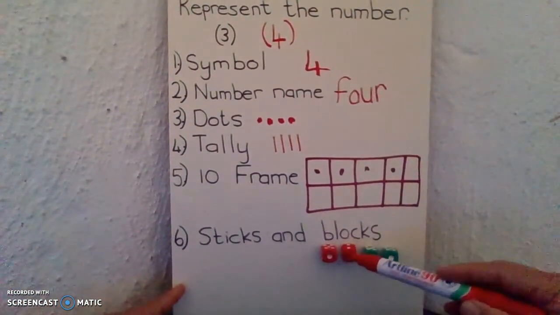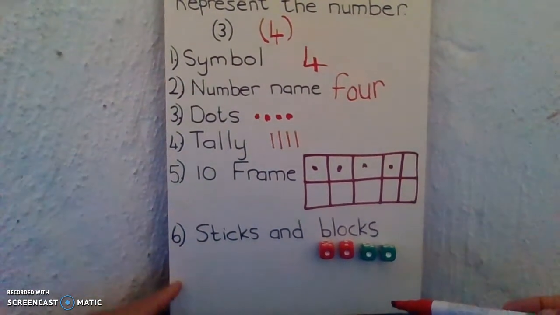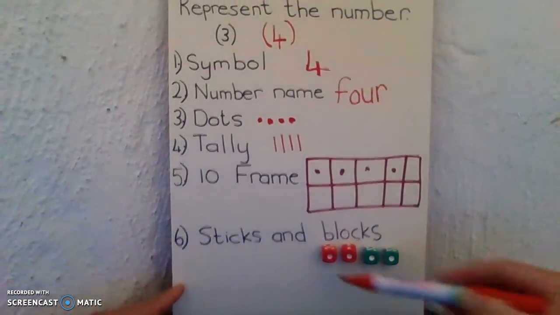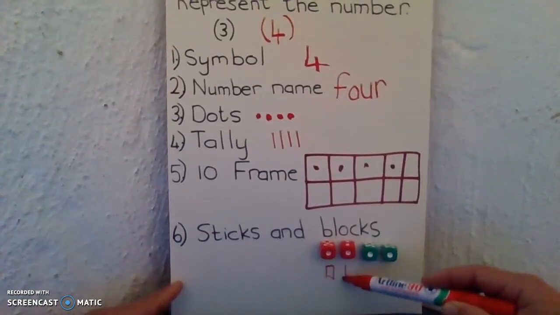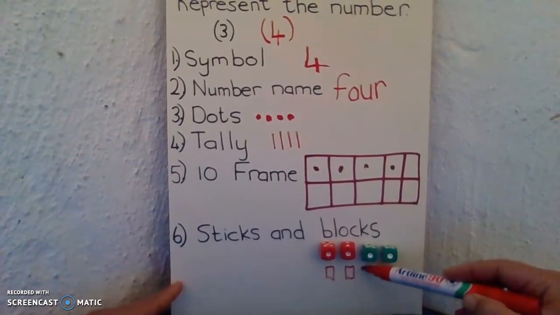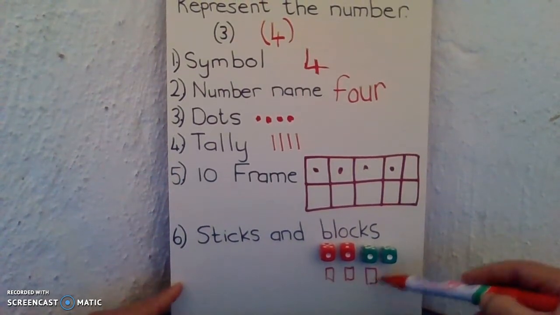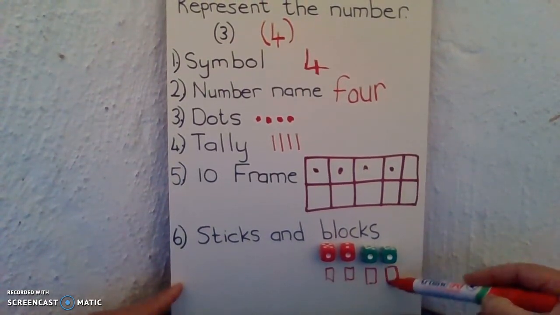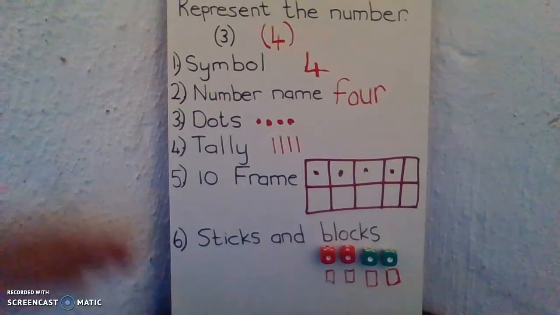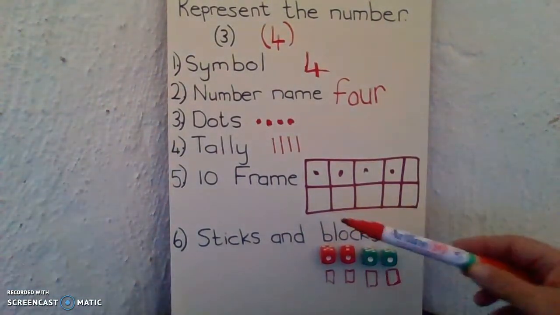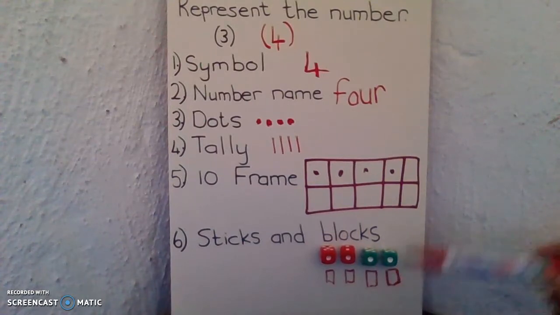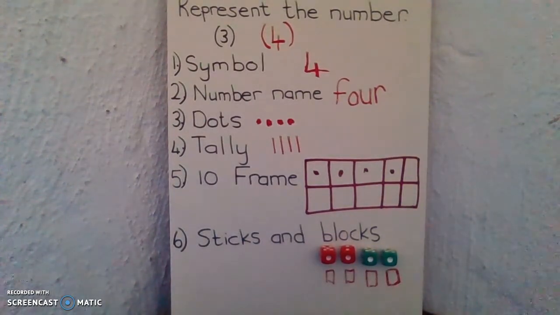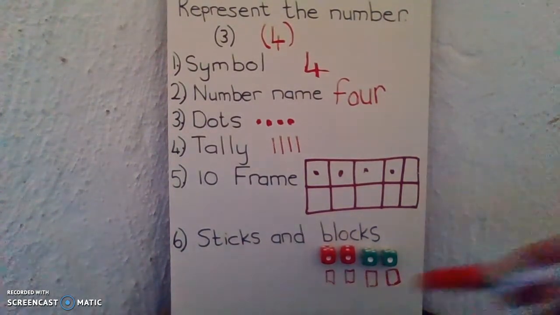Okay? So you will draw squares. Okay? So because you've got 1, 2, 3, 4 blocks, you'll need to draw 1, 2, 3, 4 squares. Excellent. Okay, so for every block, you've got 1 square. All right. And we do that because we can't put the blocks inside our book,